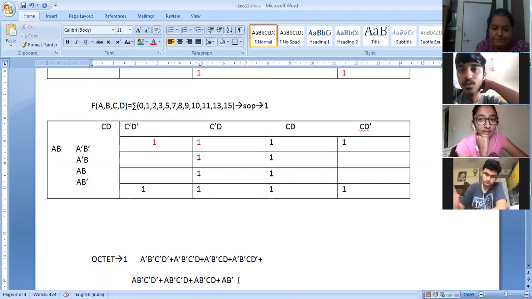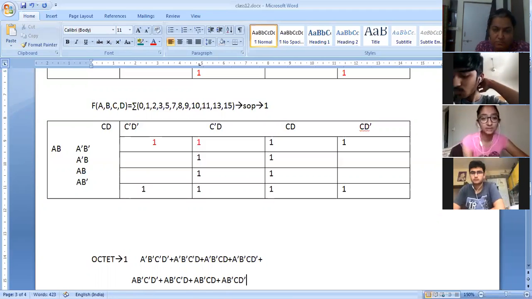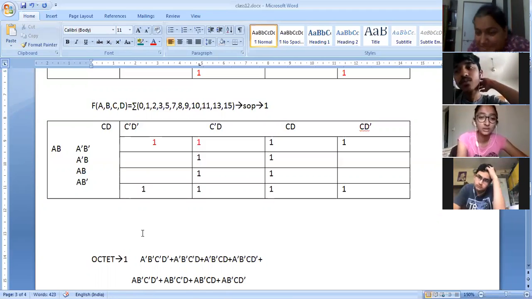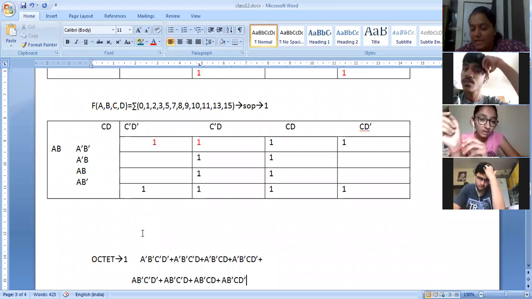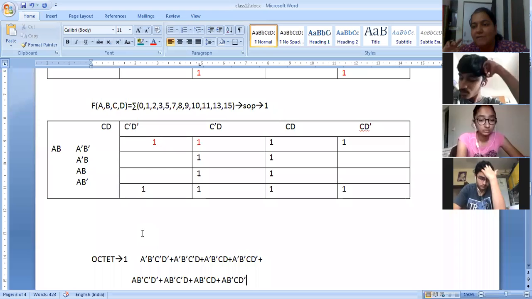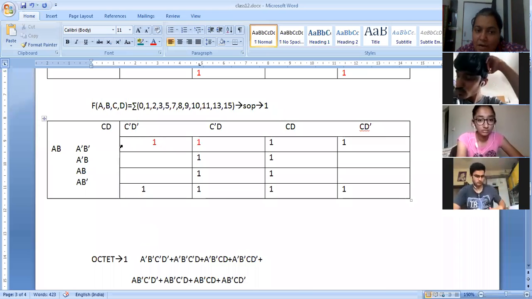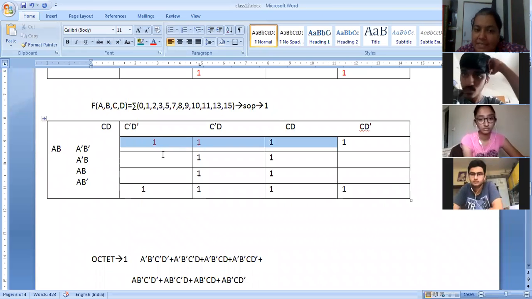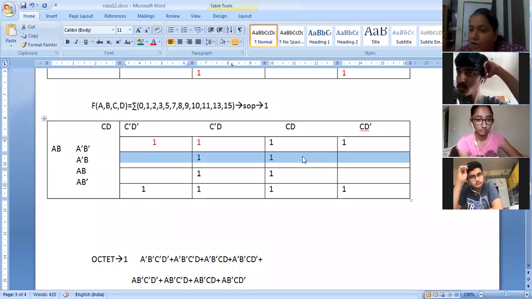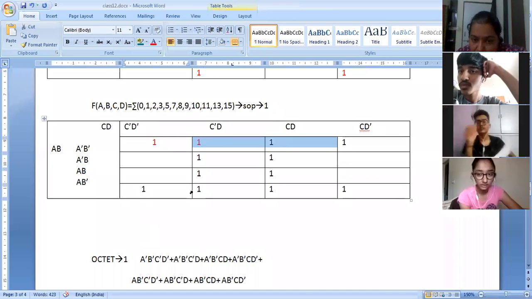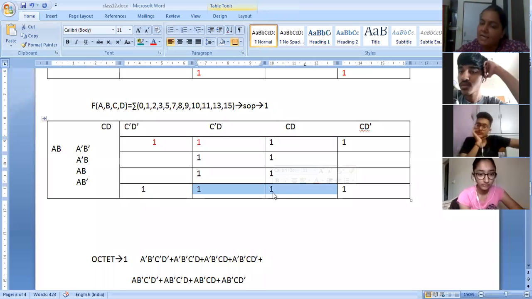Madam, second octet, how is it possible that ones are repeated, and we can still make a second octet? Yes, we can make. Don't worry, I'll explain the rules. There are rules that you cannot have redundant groups. Redundant means this 4 I have taken already, so I cannot take these same 4 here. Full redundant we cannot have. Here how many are repeated? Only these 2. Why are we doing this? That also I will explain.